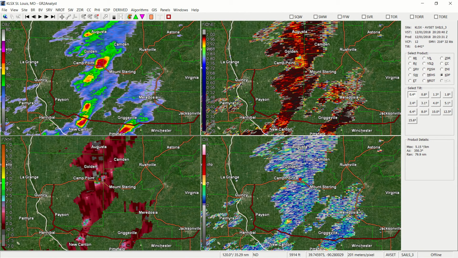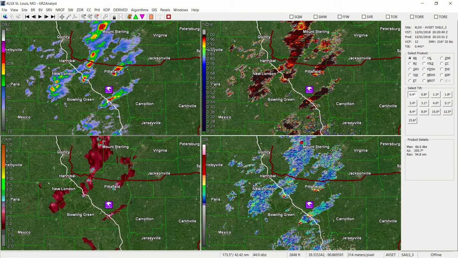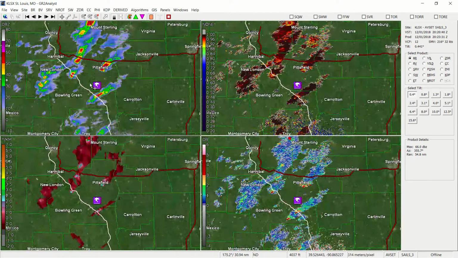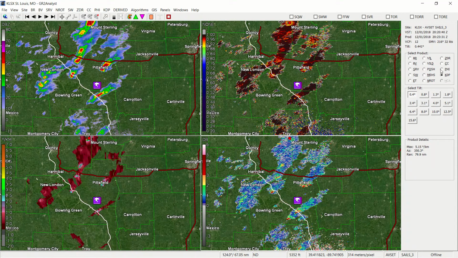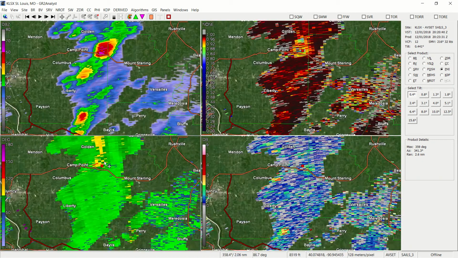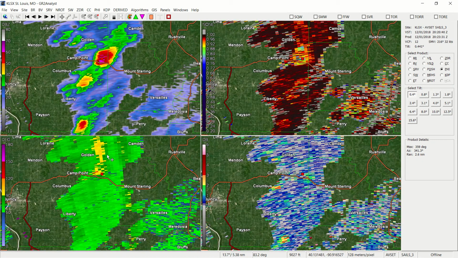So that's kind of our introduction to our dual pole products, and now we'll look at how we can analyze some of these cells with dual pole. And so I'll go back to phi. I like using phi because you can follow the radial and pinpoint an area where there might be heavy hail,